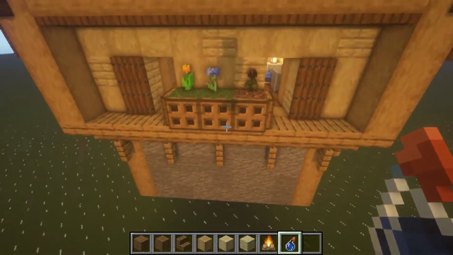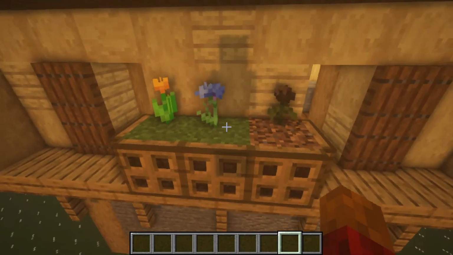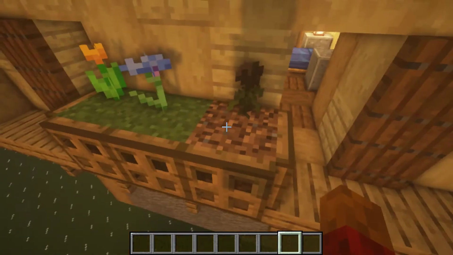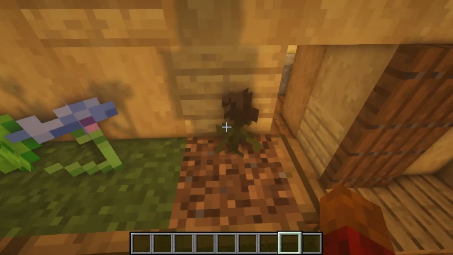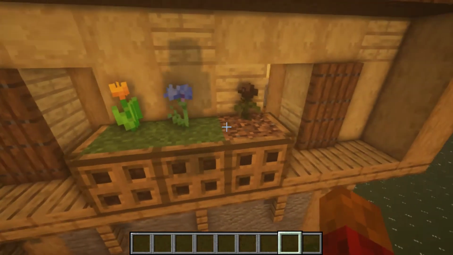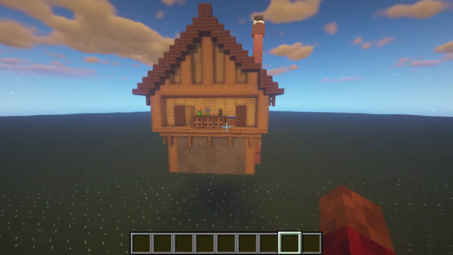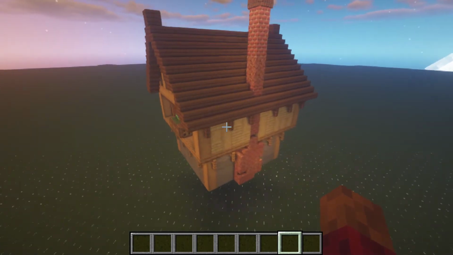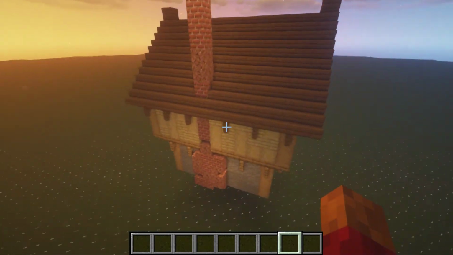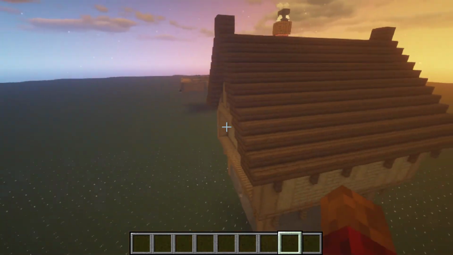And then we have a little garden area out here. Yes, it is a wither rose. And no, it did not kill that. I put coarse dirt down here and then a wither rose to make it look like that side of the plot's dead. But yeah, that is what we're looking for. I really, really, really like this. It's a simple-ish design,